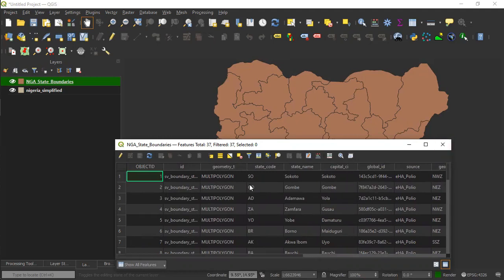And that means we can decide to style, to color the states, give them unique colors based on any of these attributes. So for example, we can say that QGIS should look at the states name column, and every unique name it finds there should have a